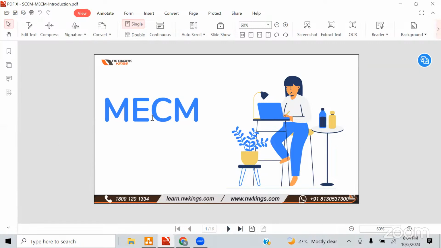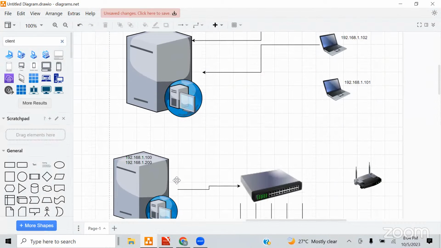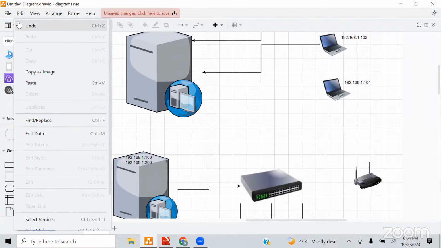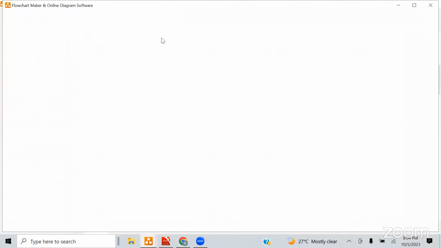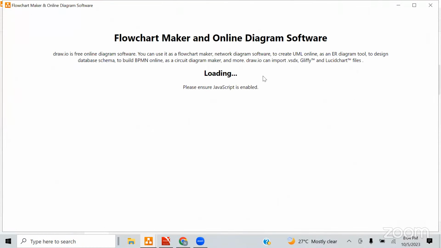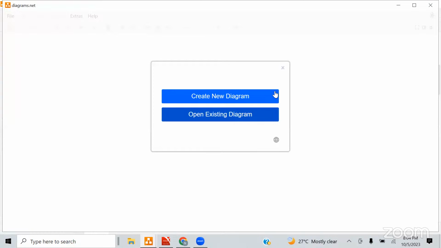So first of all, if you're managing it, how does it work? There are two things which you have to install, which you have to do. Okay, let me open this. First of all, I'll try to make you understand how it works, and then we are going to discuss what all topics we are going to cover under this whole module. Okay,